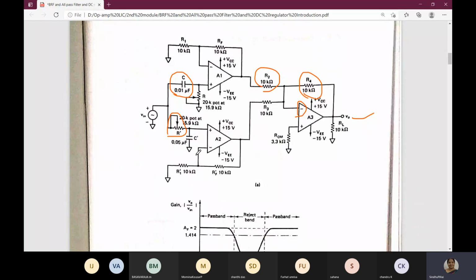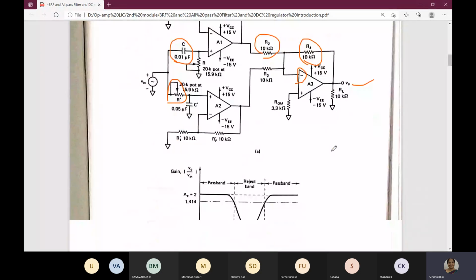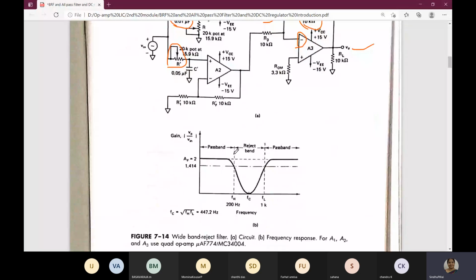So what is this band reject filter? The band reject filter has both the filters, that is high pass and low pass filters, given to two op amps, and the output is given to the summing amplifier. So in this way the circuit is designed so that certain frequencies, set by FH, are handled. The first one is the low pass and this is the high pass. This is the frequency response of the low pass filter, where the gain is constant and then decreases, and the gain slowly increases and becomes constant in the frequency response of the high pass filter.